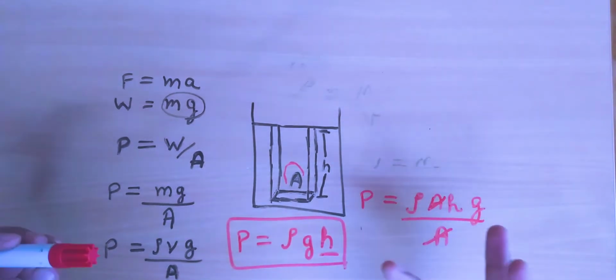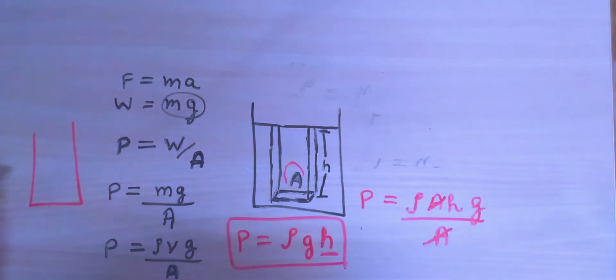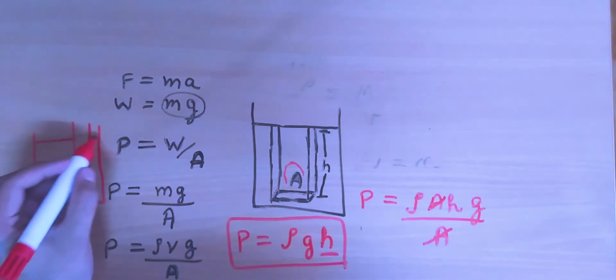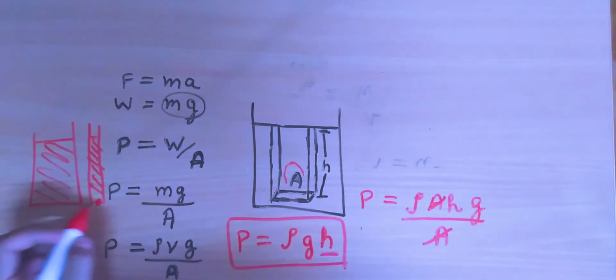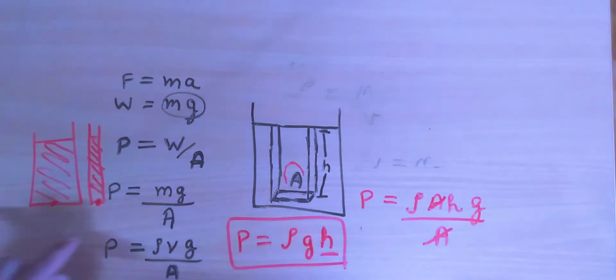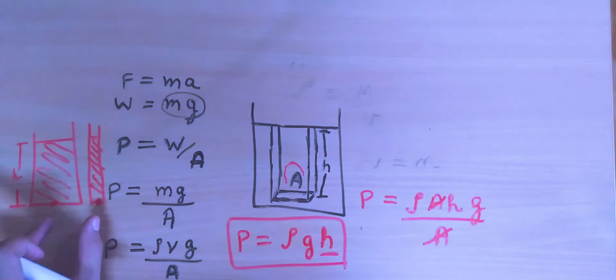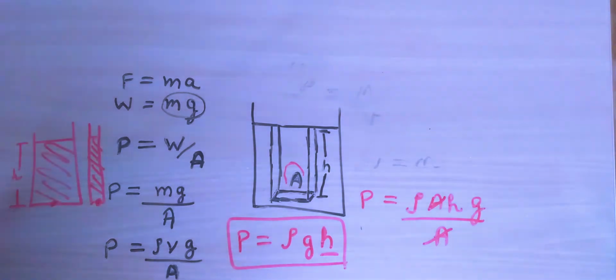So if you have a tank, or even if you have a small pipe, let's say if you have a large tank here, a tank of water, and next to that you have a small pipe of water, if they are filled up to the same level with water, the pressure at the bottom of both of them, at let's say this point and this point, would be exactly equal, because the density of water is the same, the gravitational acceleration is the same, and h is also the same. So that is a very interesting result, because we might be tempted to think that pressure in this case would be higher, but pressure only depends on the depth of the point at which you are finding the pressure, not on the volume of water. So that's it for this video.